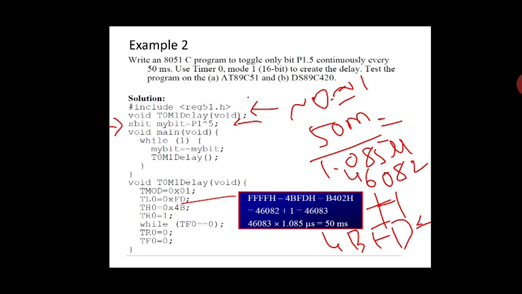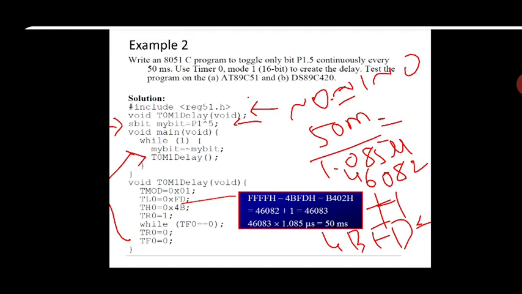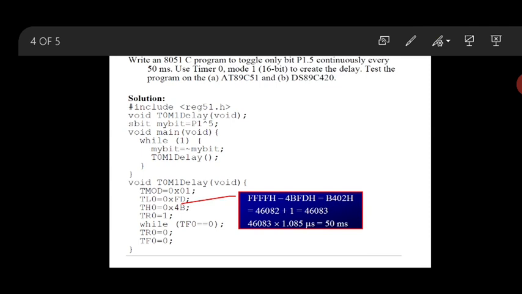TR0 cleared means it will stop the timer, and the TF0 flag that was set will be reset, and again it will loop back to the previous instruction where it left off. To delay again, it will enter the while loop. The complement of my bit is taken again: 1 will be complemented to 0, so that I get a continuous square wave at the output side. I hope this program is clear.